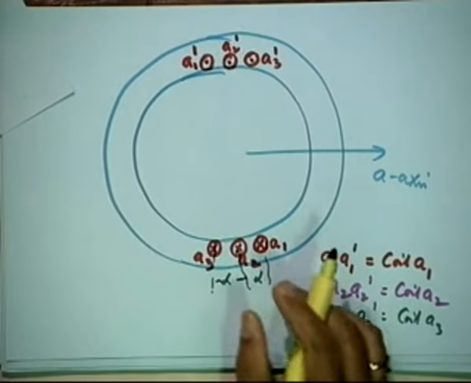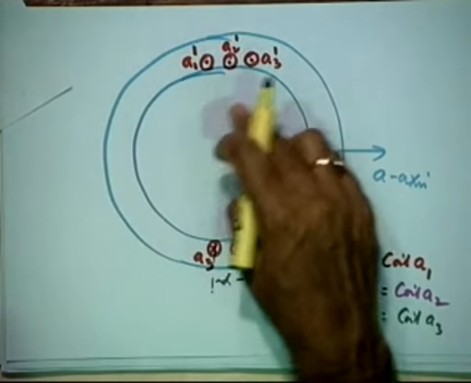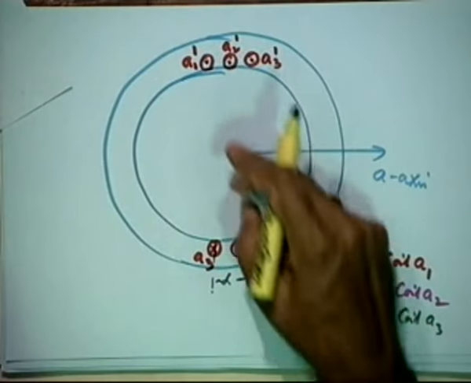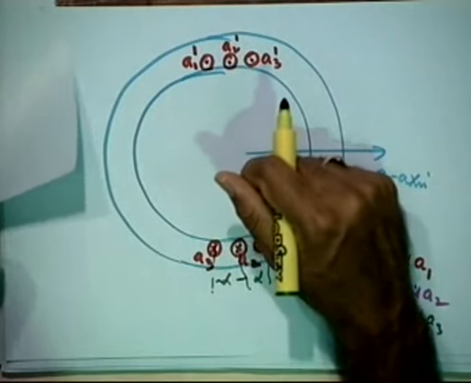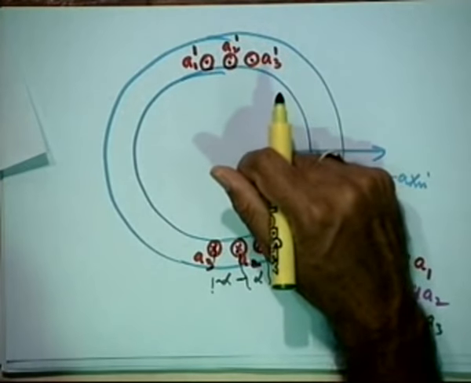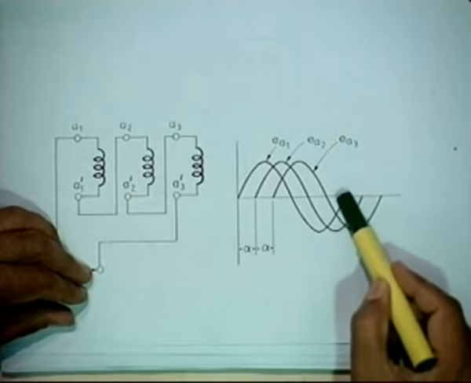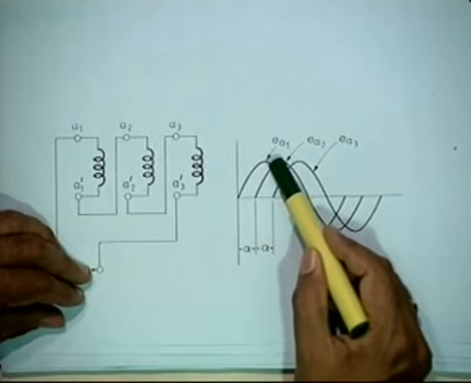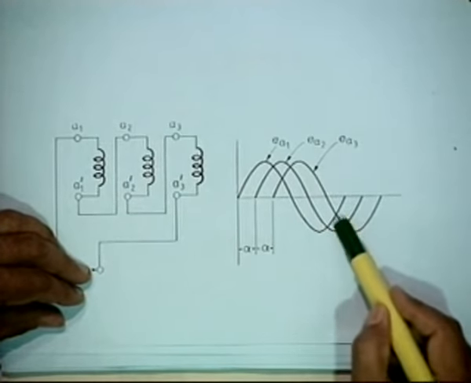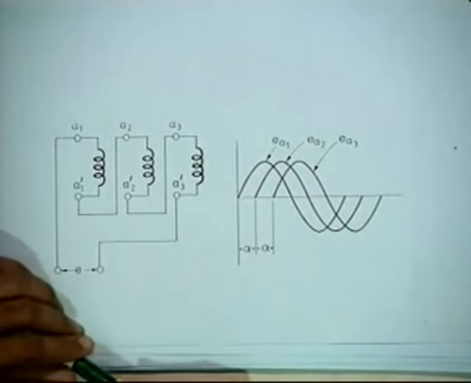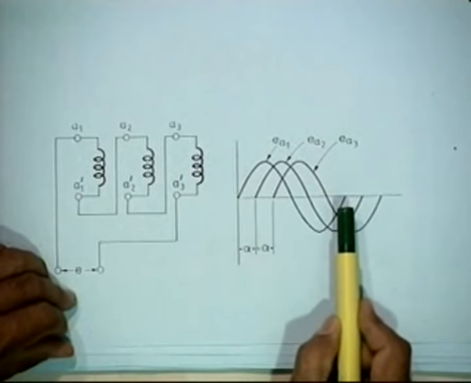Okay. Now when they are displaced by that angle, what will happen to the voltages? Will the voltages in all the 3 coils be in phase? They will not be in phase. They will be out of phase. How much out of phase? By an angle alpha, which is the physical displacement between 2 successive coils of a phase. Okay. So we expect it to be displaced by an angle alpha. So if this is the voltage in A1 coil, next is A2 coil, next is A3 coil, they are displaced by an angle alpha.